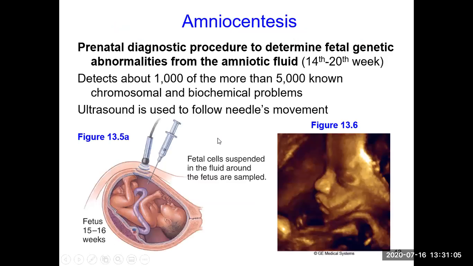So amniocentesis is one of the prenatal diagnostic procedures. This is usually carried out during the 14th to 20th week of gestation, that means pregnancy, and it can detect fetal genetic abnormalities, okay? Usually an ultrasound probe is used to guide, and then a needle is inserted, and some of the fluid, in which fetal cells are suspended, is taken out. Then the fluid and the cells are separated, and from the cells, chromosomes are put on glass slides and observed under the microscope.